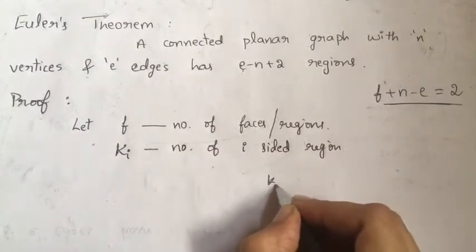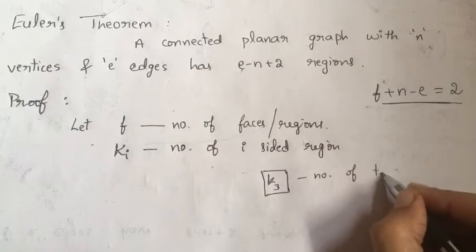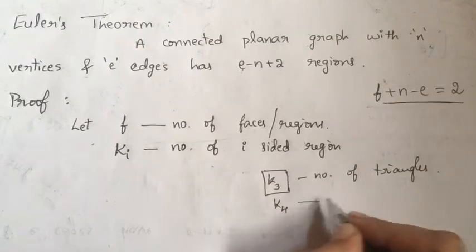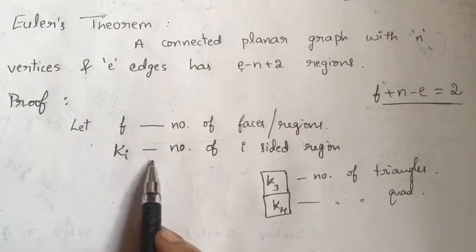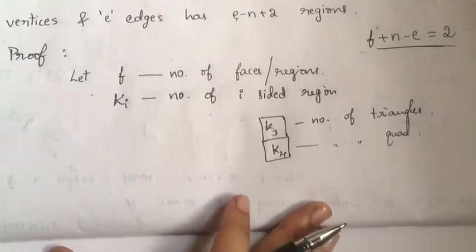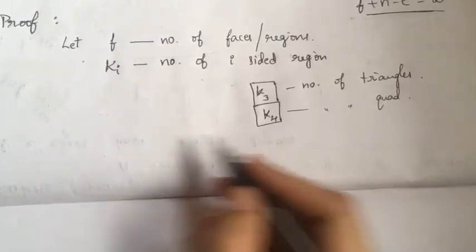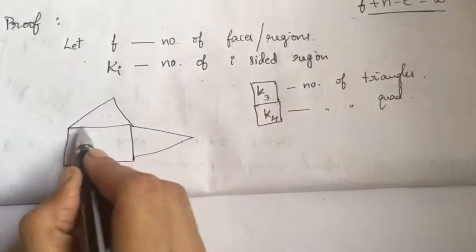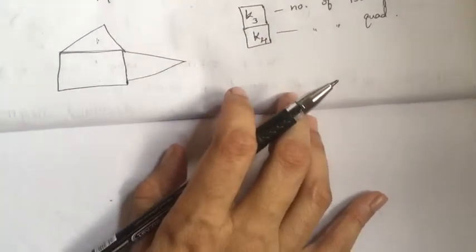Like K3 gives me the number of triangles, K4 gives me the number of quadrilaterals, like that. So ki denotes the number of i-sided regions. Since I know that every edge is a boundary for exactly 2 regions, every edge in my graph, suppose I have something like this in my graph, then each edge is a boundary for 2 regions. I know that. Therefore, I can write